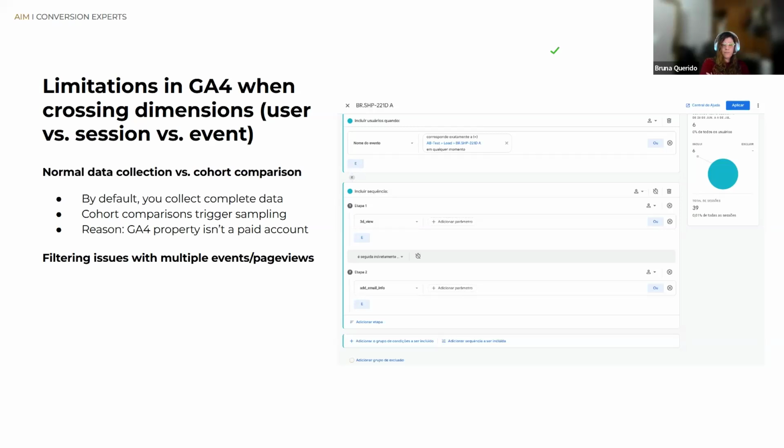that it starts with sampled data. So I did a segment of one type of users, for example, users that were in my A version of a test, and then they had to interact with a call to action. When I compare this with another segment of users that did not use the call to action, it can be sampled. And this is